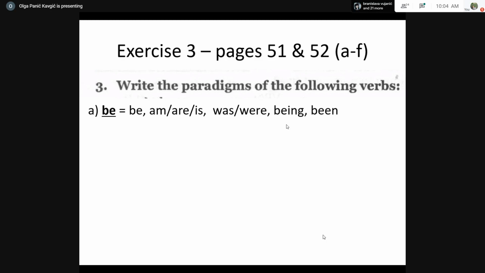So, Dušica Miladinov, is she here? I'm here. Okay, Dušica, good. So what about the next one? It's raise. Well, the first one we have to do with the infinitive form, right? Yes, and it's the same one. Okay. Raise. Then raises. Raises. Then raised. Okay, so it's a regular verb.